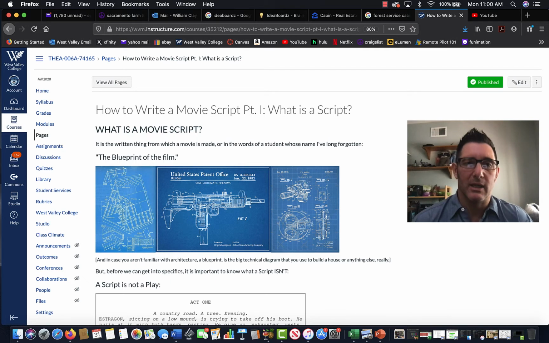One way to look at it is it's the written thing from which a movie is made. So it's an incomplete art exhibit. You have to finish it up. You have to take that script and then make the movie out of it to complete the process. But the script stands alone once you've written it. In the words of a student, I forgot who it was a long time ago, they said it's the blueprint of the film, which I think is a really good metaphor for it